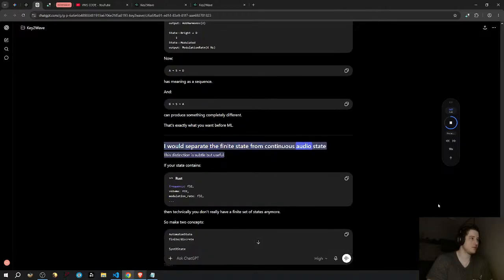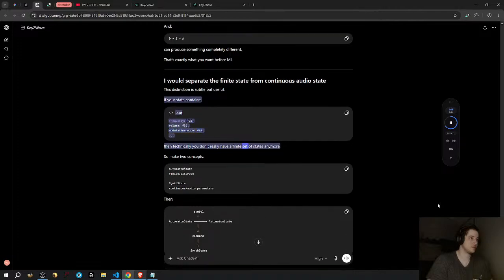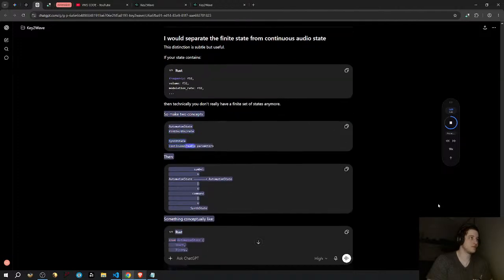I would separate the finite state from continuous audio state. This distinction is subtle but useful. If your state contains Rust frequency f32, volume f32, modulation_rate f32, then technically you don't really have a finite set of states anymore. So make two concepts: automaton state, finite and discrete, and synth state, continuous audio parameters. Then symbol ↓ automaton state →